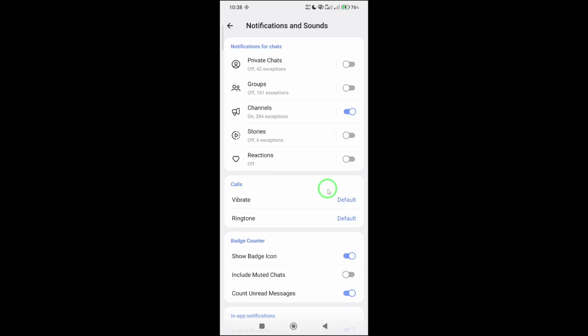And that's it. With just a few taps, you've made sure you stay updated with everything that matters to you